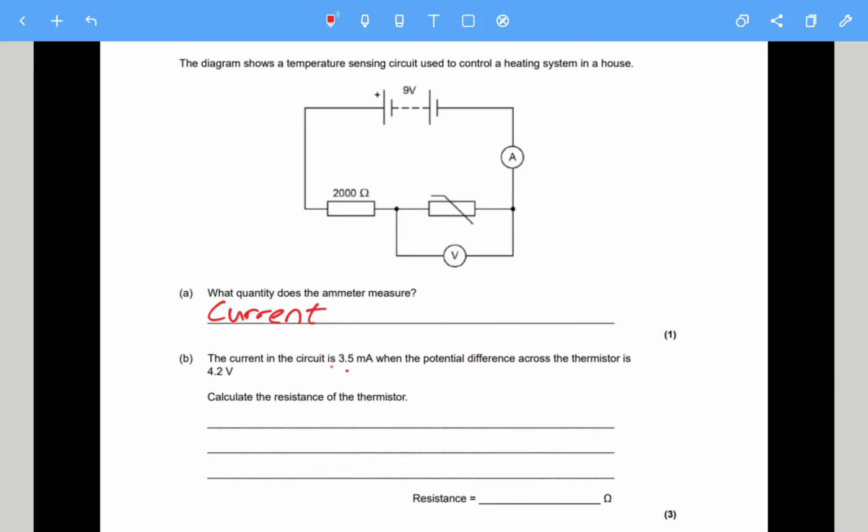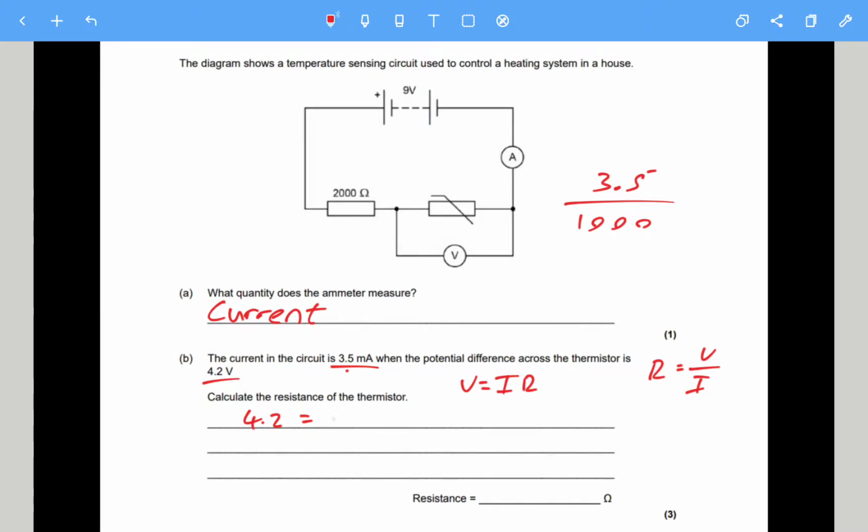The current in the circuit is 3.5 milliamps when the potential difference across the thermistor is 4.2 volts. Calculate the resistance of the thermistor. So that's V equals I times R. Now if you've got good math skills, you can just rearrange: resistance is voltage divided by current, and then put the numbers in. If not, we can put the numbers in, which I'll do now. So 4.2 volts equals the current, 3.5 milliamps, and we need to turn that into amps, so we need to divide that by 1000,